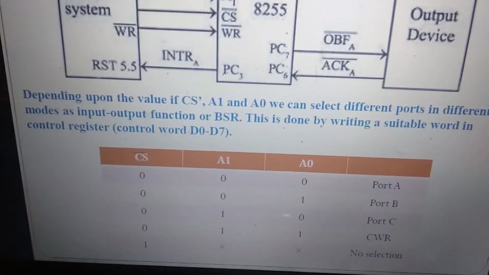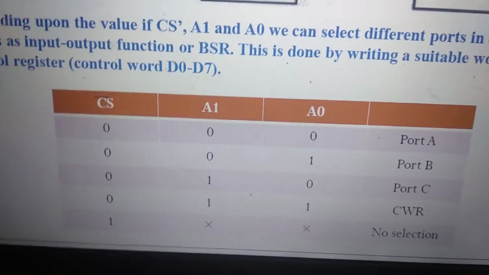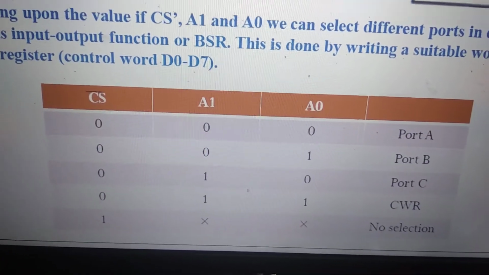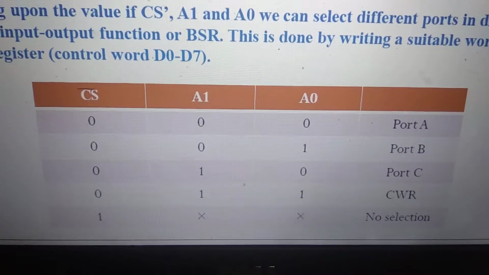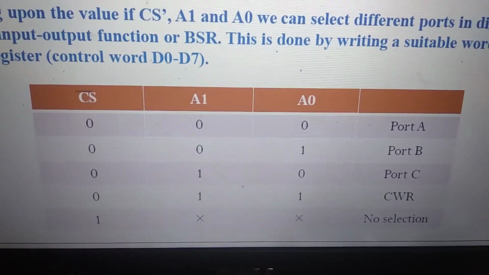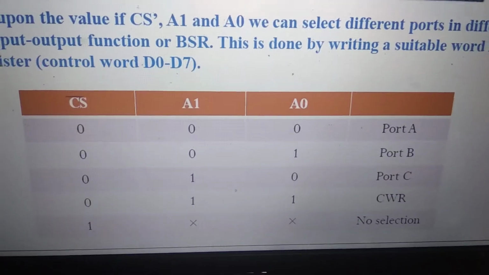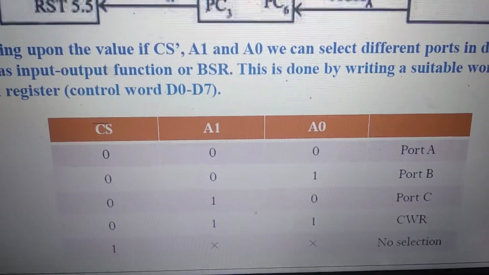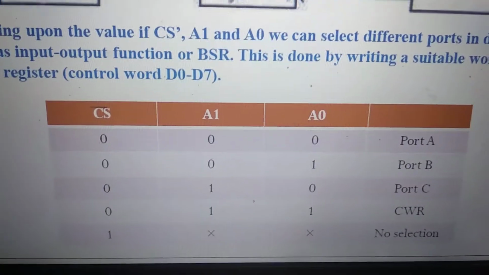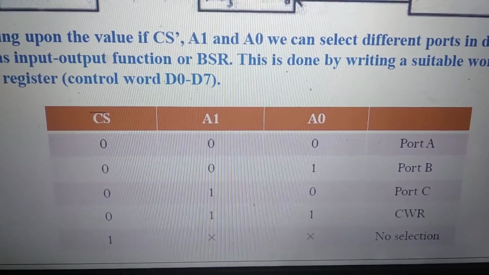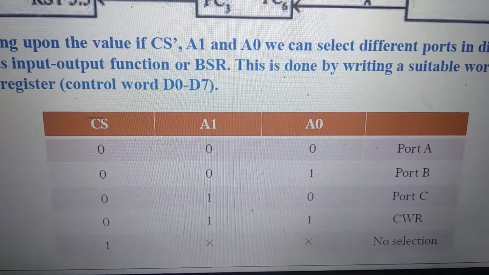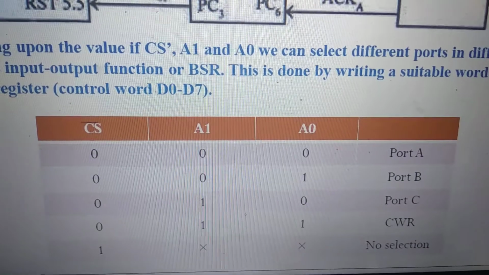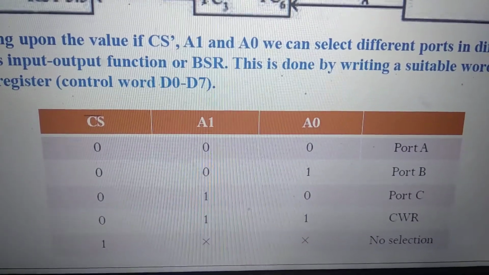Okay, now here we can see A0 and A1 are 2 bits, so they can give us 4 different binary combinations, 00, 01, 10 and 11, and correspondingly they provide us the address of port A, port B, port C and CWR. Now CWR stands for control word register, and this is a particular register which is used to configure the 8255 peripheral IC and its ports as input port or output port.